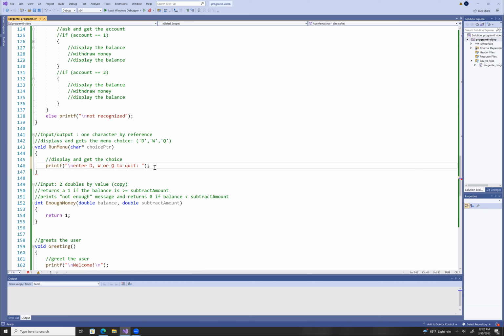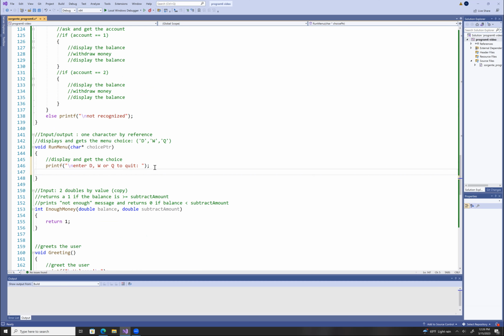Now here's the big change here. This is where we're going to do scanf. The second argument to scanf is always going to be a pointer, but since this right here already is a pointer, we're not going to put address of. This is the whole purpose of this assignment, to practice